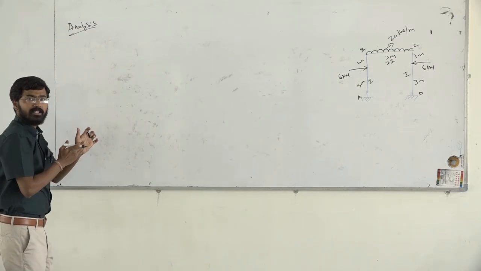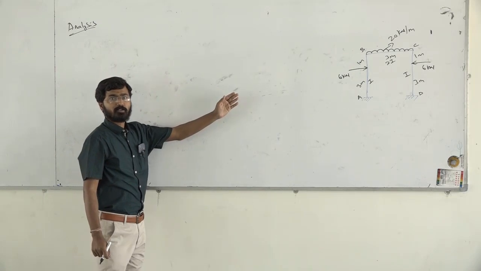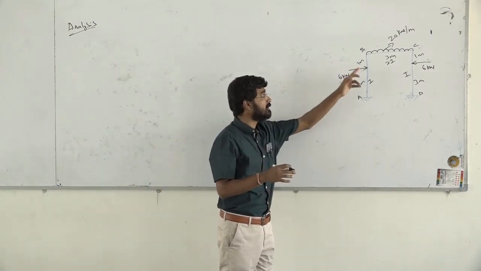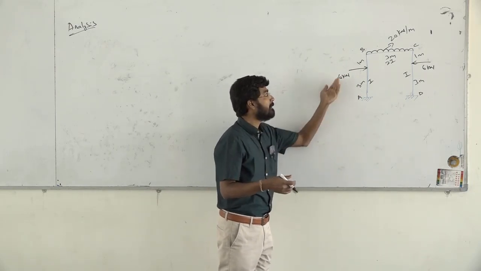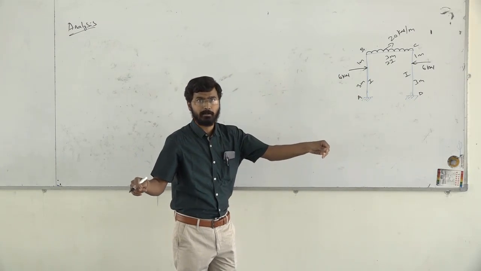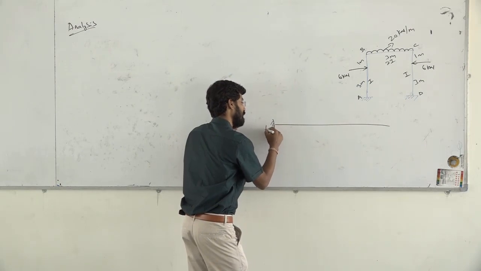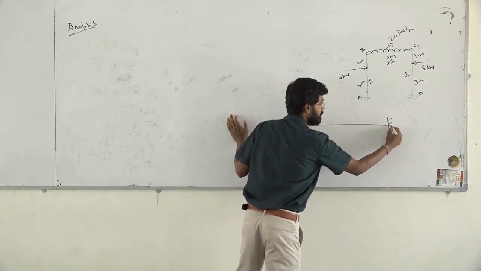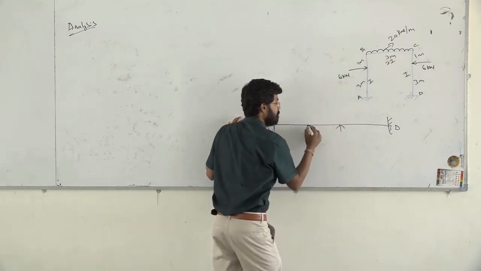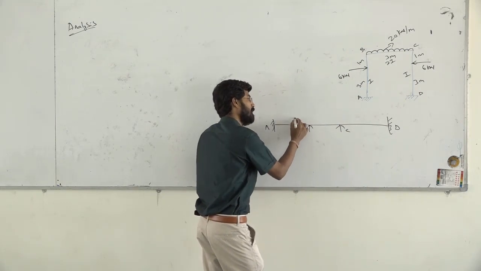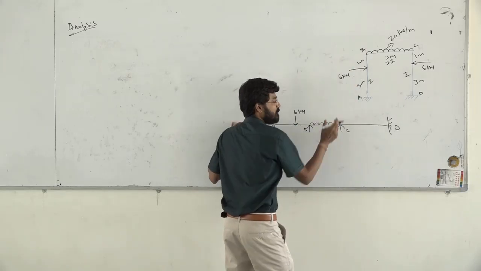Now, analyzing this one, as in our previous class, whenever you have a portal frame like this, don't worry. To make it simple, we will make this portal frame into a continuous beam. Here is my fixed support A, and somewhere it is my fixed support D. In between we have 2 supports, point B and point C. From point B we have a point load of 6 kilonewton, and we have a UDL on span BC.